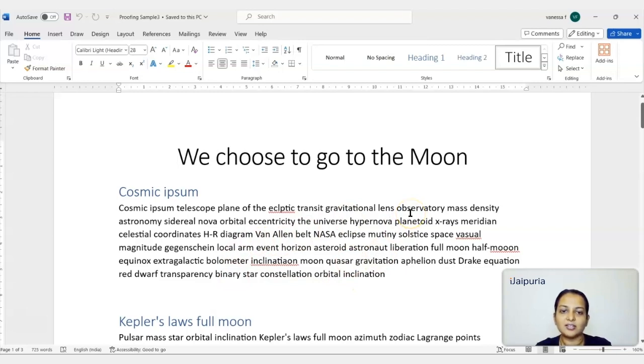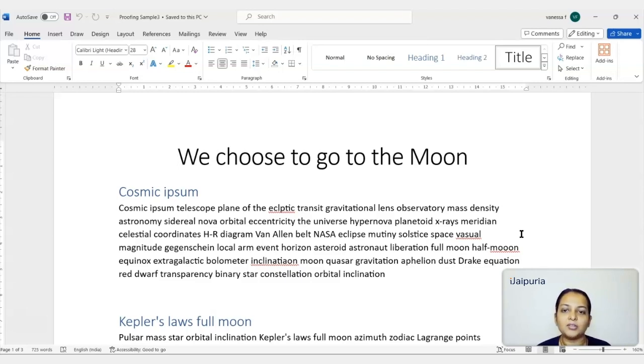You have these red squiggly lines just below these, and you can understand that if you look carefully, they are misspelled words. And Microsoft Word's spelling and grammatical checker is already doing the job of scanning the entire document and understanding where it has actually found the spelling mistakes. So let us try to make the corrections.